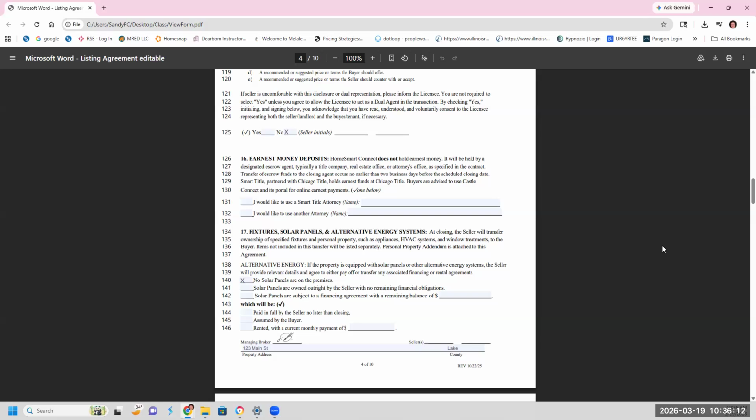All right, let's go on to earnest money. If it is your listing, be aware that we do not hold earnest money. You are more than welcome to have Chicago Title hold your earnest money. Chicago Title will move it if you're closing at a different title company. That's not a problem. There's a form you complete before the closing to have that money transferred. All right. You can find that form in broker forms in MRED.